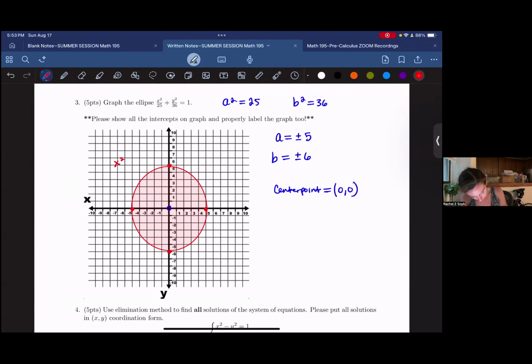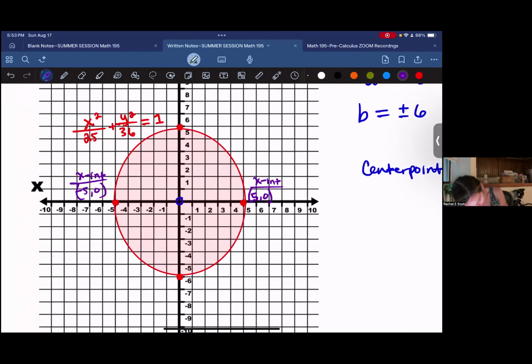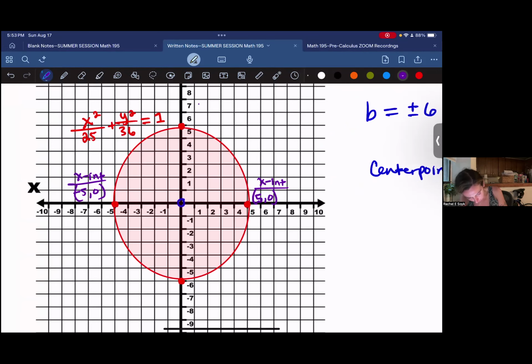So we're gonna label it our x squared over 25 plus y squared over 36 is equal to 1. And then our x-intercepts, we have 5, 0 is an x-intercept. -5, 0 is our other x-intercept. And then our y-intercepts, we have